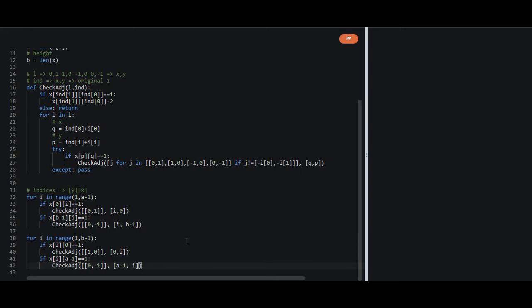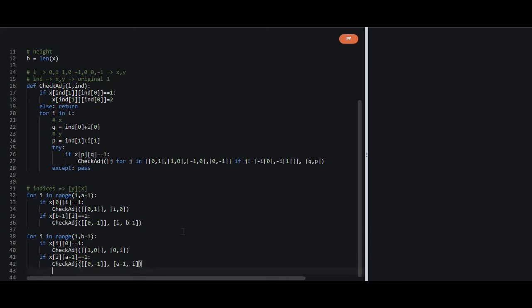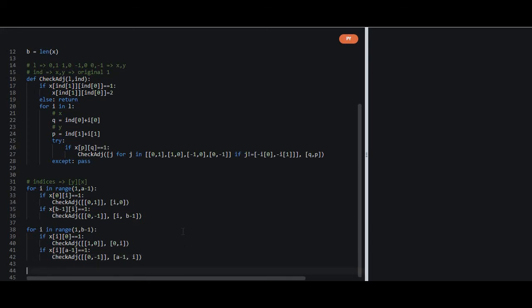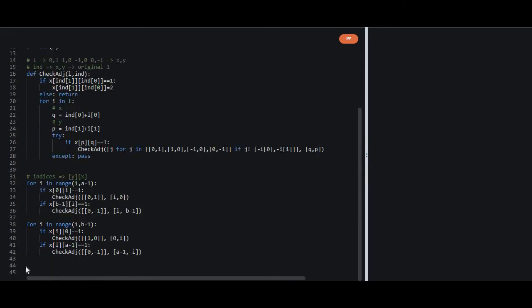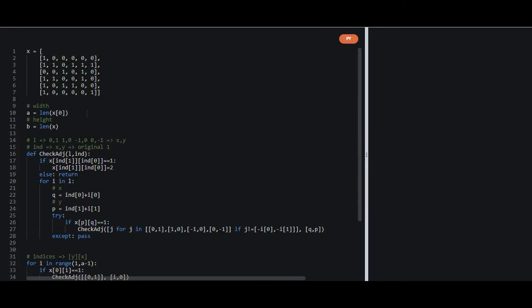And now let's handle the corners. In order to handle the corners, we just have to convert all the corner ones to 2. Since we are going to remove all the ones, we can just add 1 to all the corners.